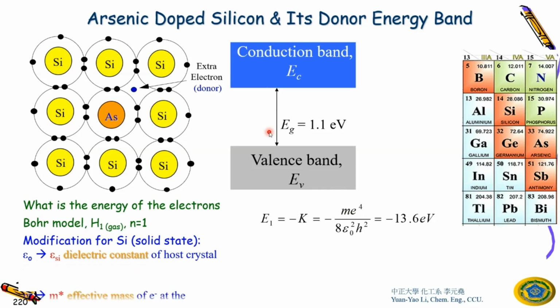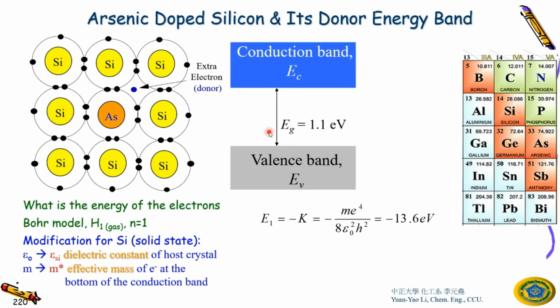We have to modify this equation for silicon, for solid state. Epsilon 0 becomes epsilon Si, the dielectric constant of the host crystal, and m has to be modified. We call it the effective mass of the electron. So if you replace these two, the equation you get is